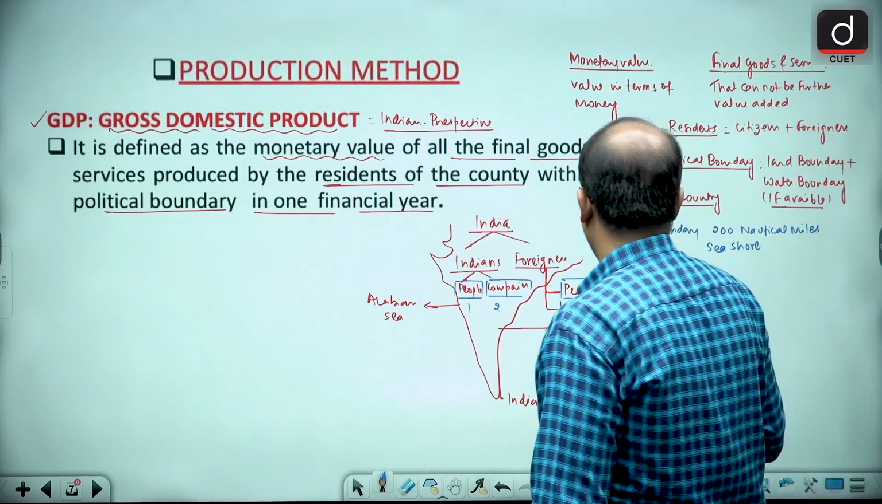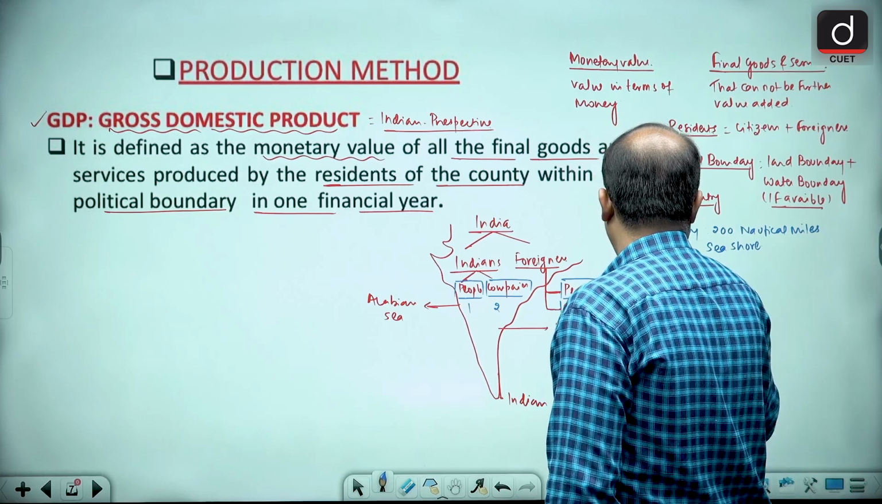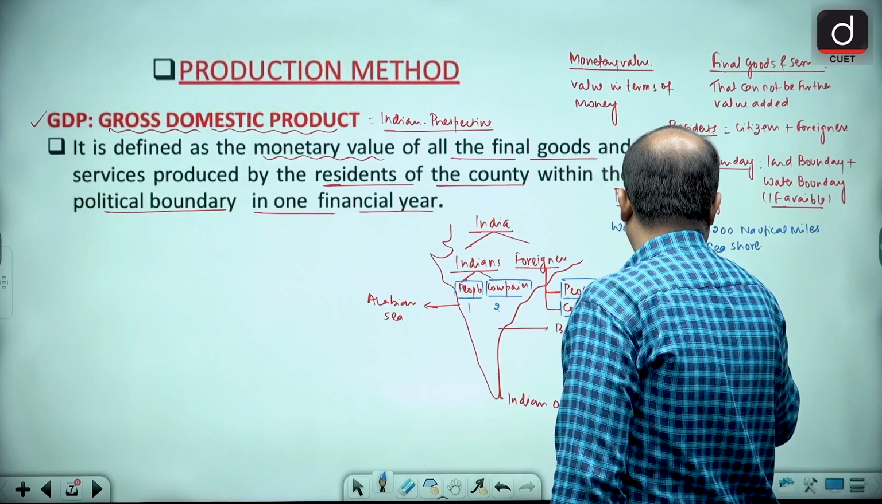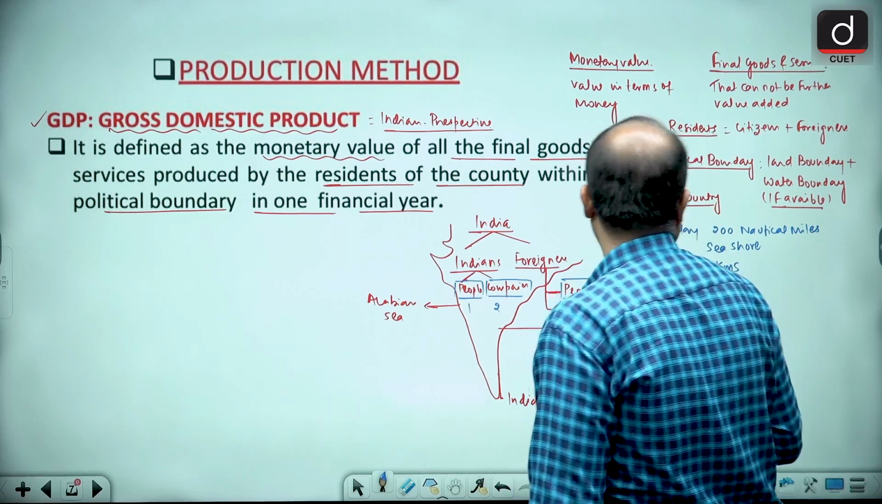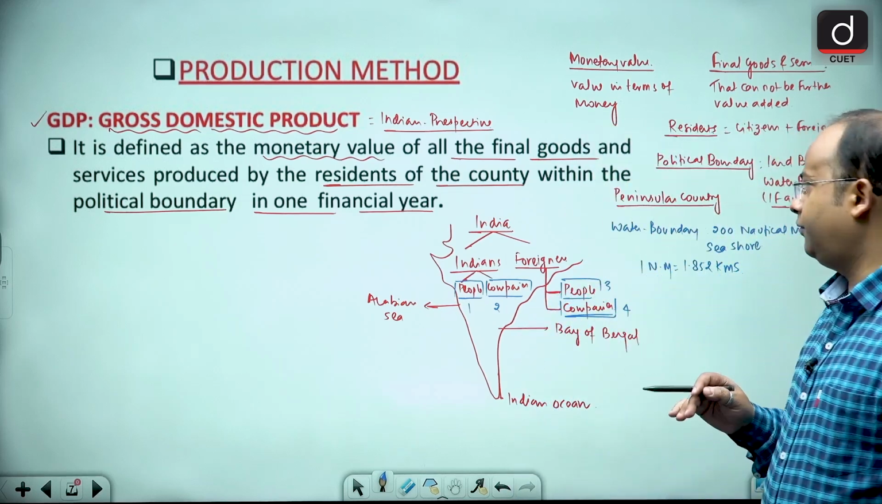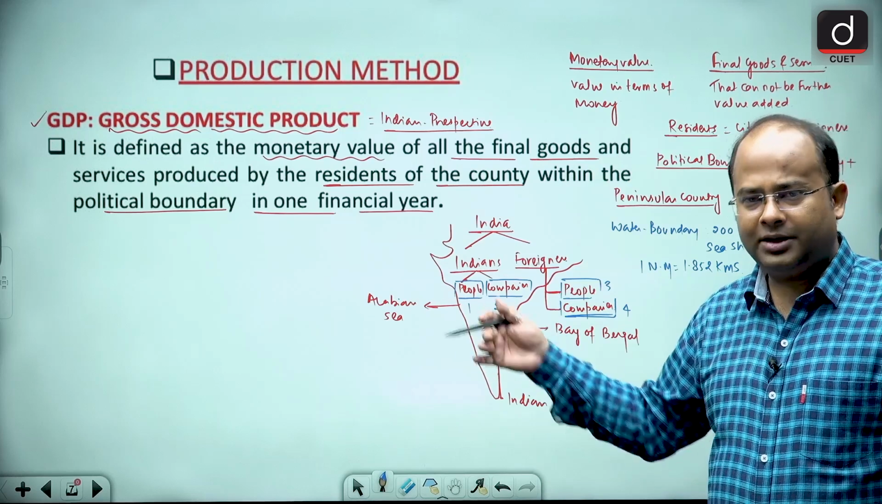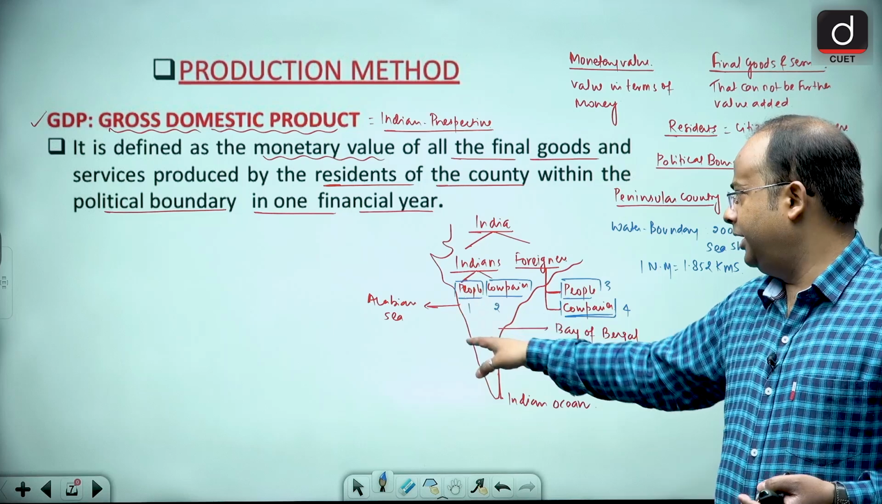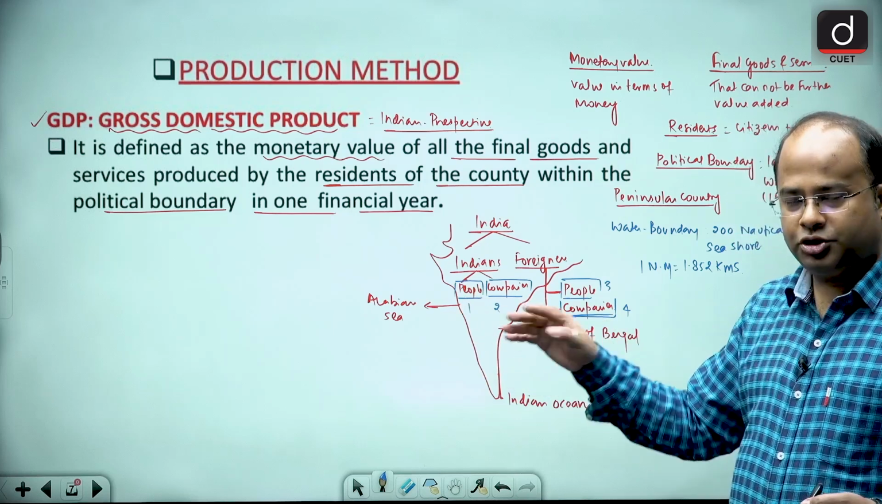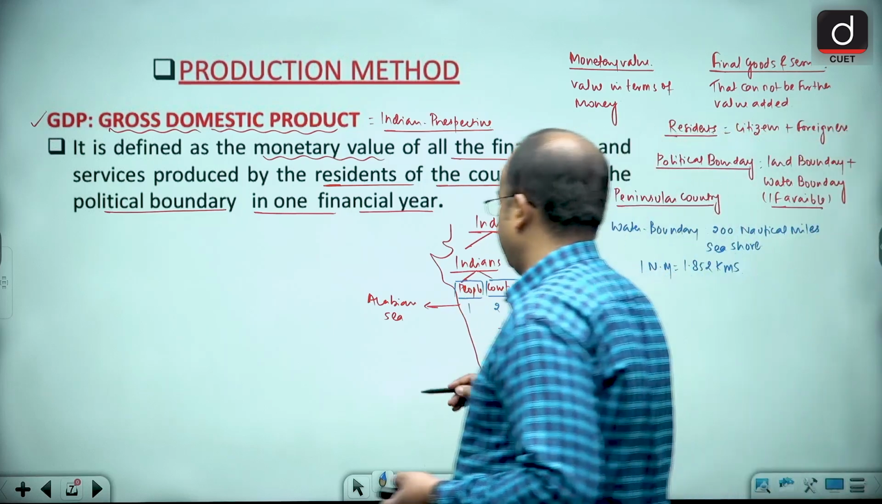200 nautical miles from the seashore, and 1 nautical mile is equal to 1.852 kilometers. So whatever the marine or maritime activity that is happening in the Arabian Sea, Bay of Bengal and Indian Ocean within 200 nautical miles, within